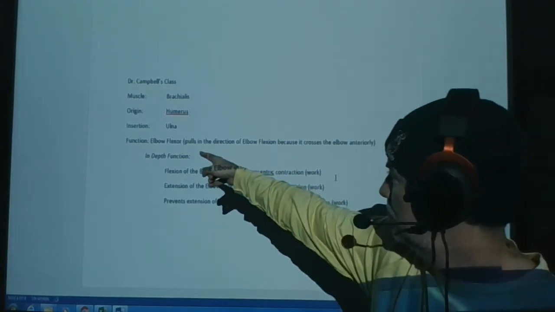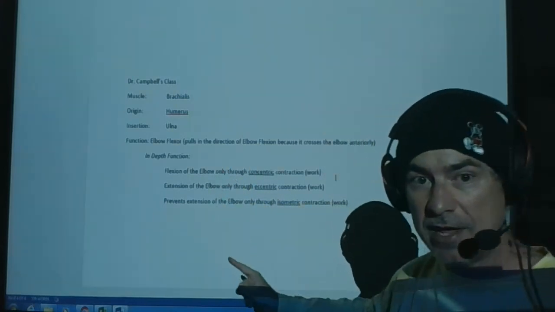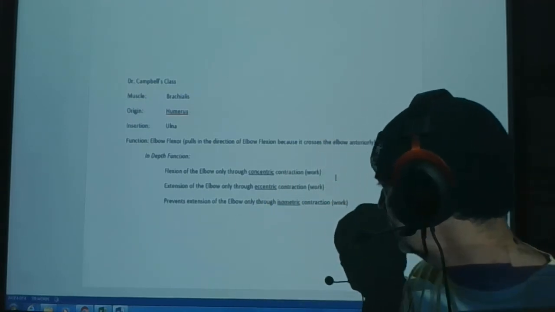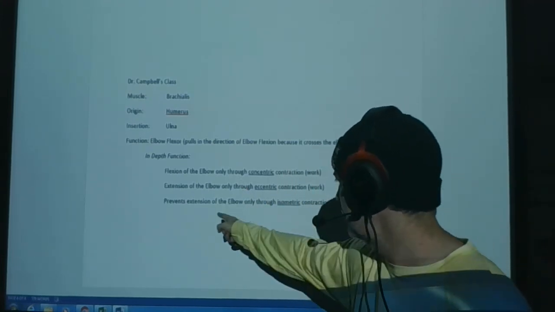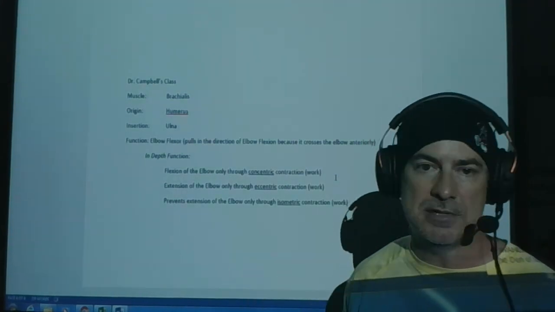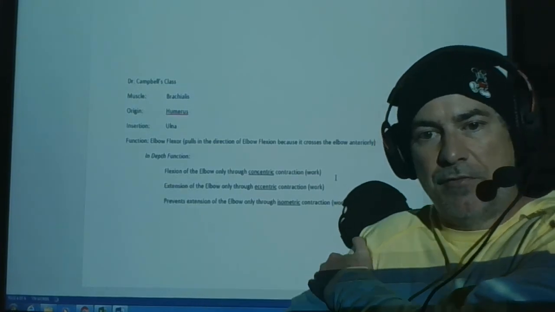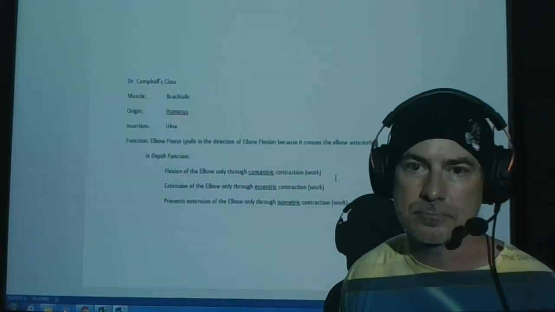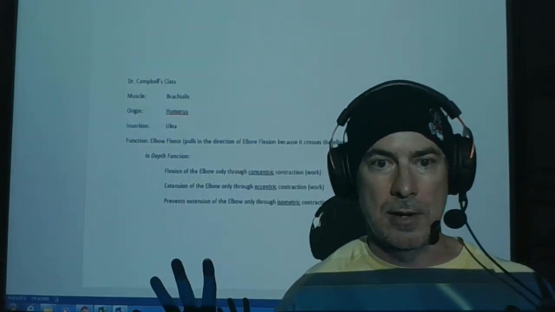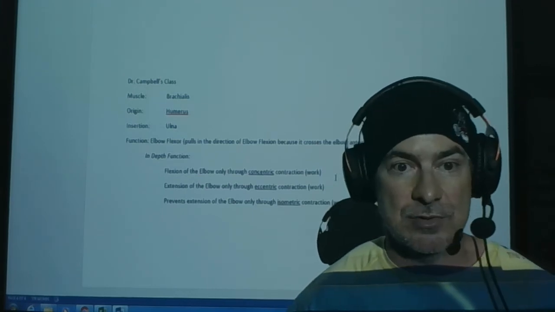So function pulls in the direction of motion. In-depth function, we're going to have flexion when it works concentrically. We're going to see extension when it works eccentrically. And we're going to see no motion when it's working isometrically, preventing the opposite motion from happening, right? My brachialis works isometrically to prevent my elbow from extending. So this is really important. I'm going to try to keep it short because I'd like for you to watch this a couple times. The next lecture is going to be